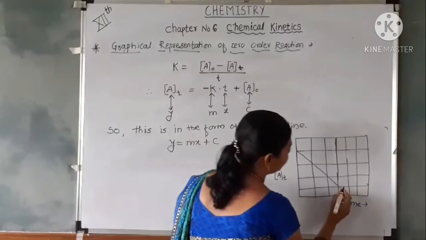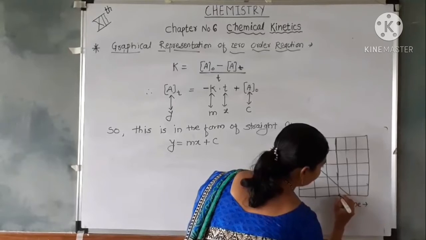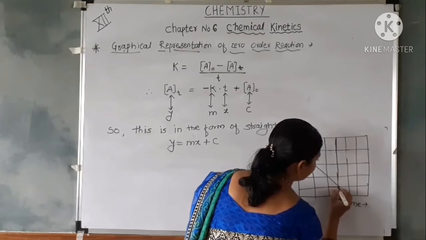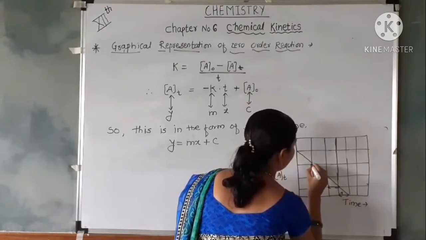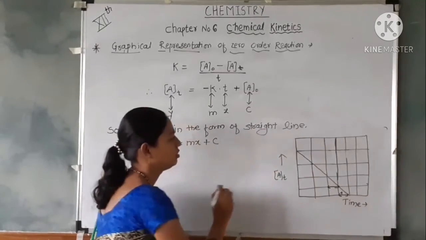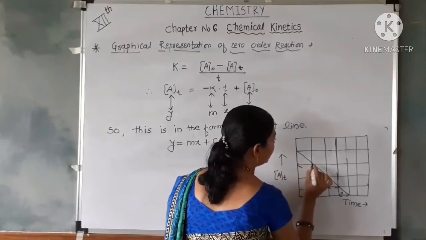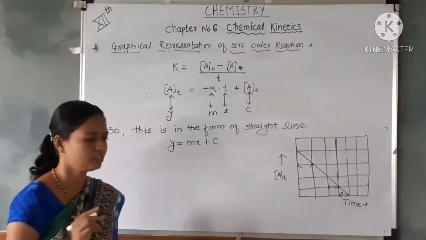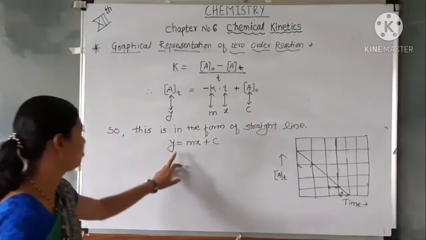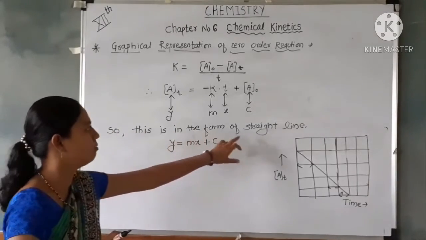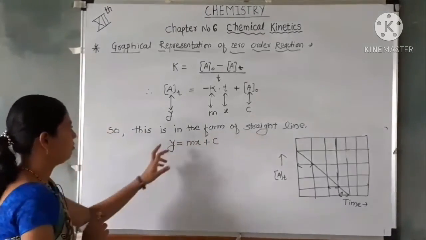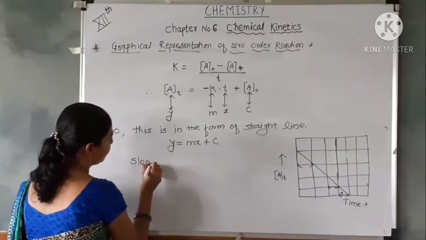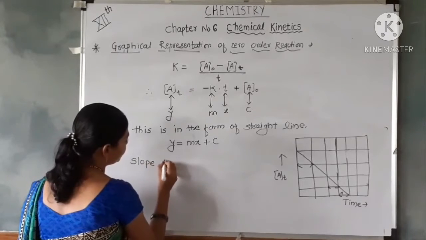Versus time. This is the time difference t. This is the graph of At versus t, in the form of y is equal to mx plus c, which is the form of a straight line. In this, m is the slope of this equation,